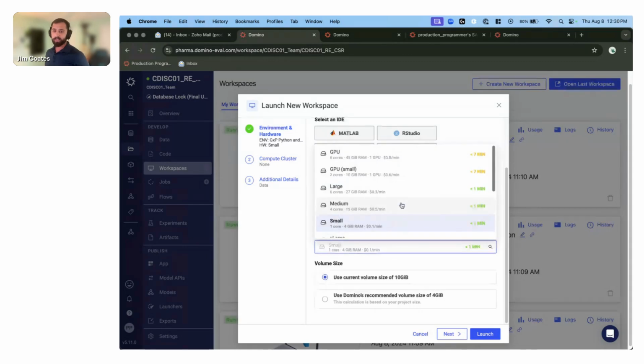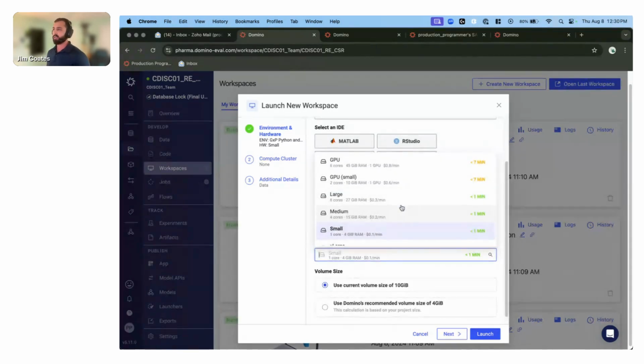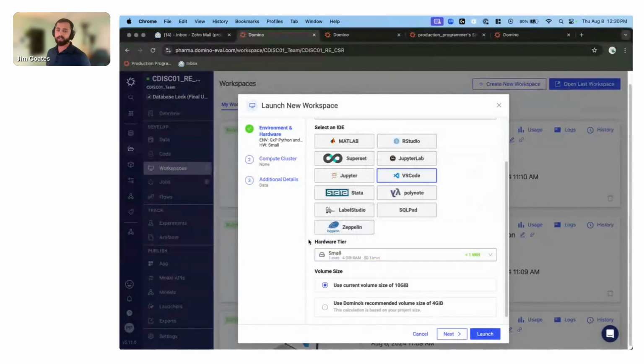And lastly, here you'll see that I have control over what hardware this virtual laptop is going to run. This is excellent because it allows us to support different workflows. If, say, you're just doing something like TFL generation, you may want to use a small hardware tier because it's just PDFs. Whereas maybe if you have some heavy duty bioinformatics,